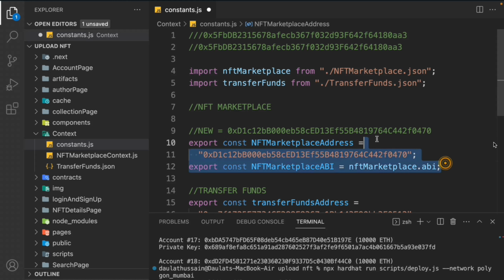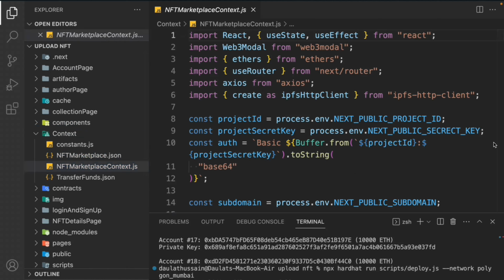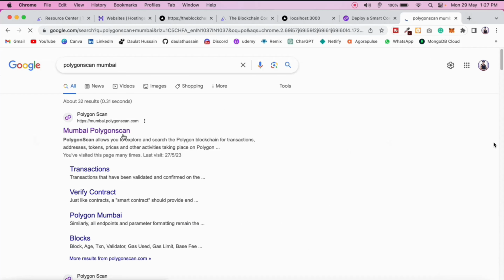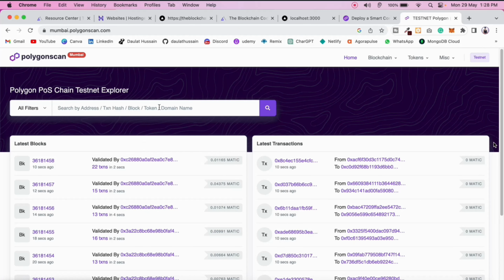Hope things are making sense to all of you guys. These are the things we have done over and over, and here you have to do a couple of important things. So come back here in the Polygonscan, and let me show you that our contract is successfully deployed. Simply paste the address here and click on this. You can see our contract is deployed two minutes ago,